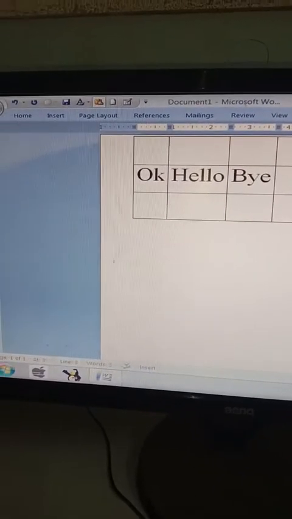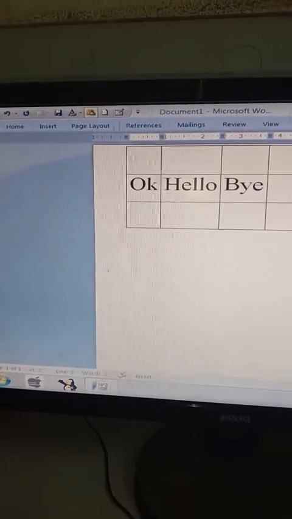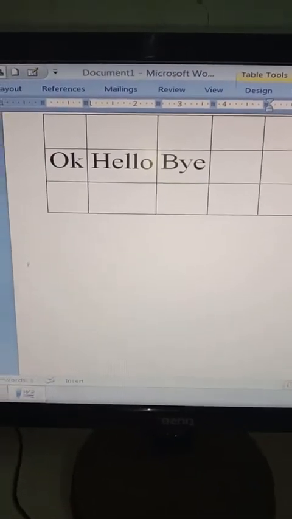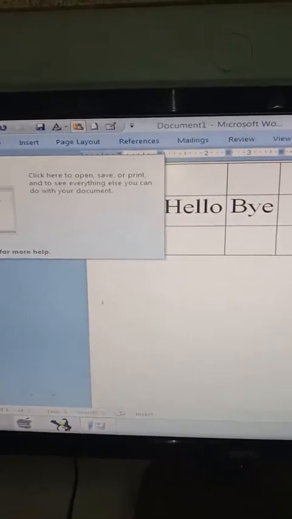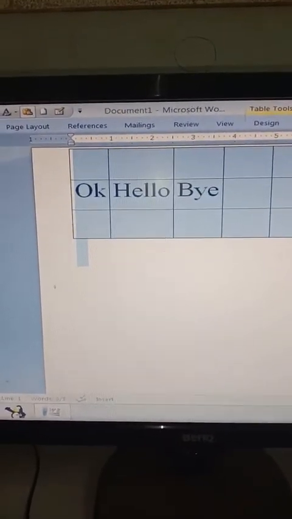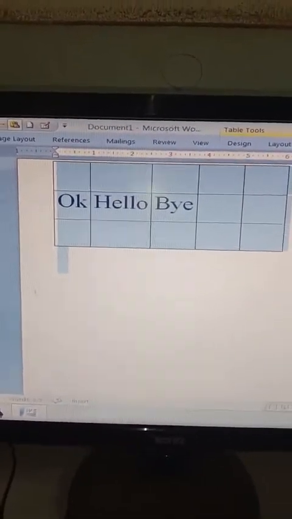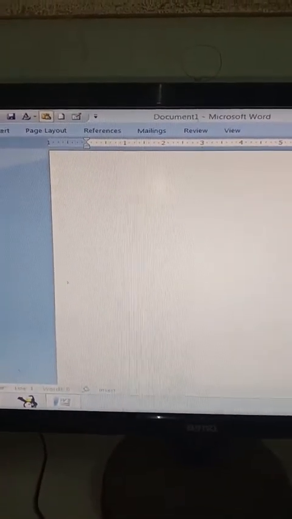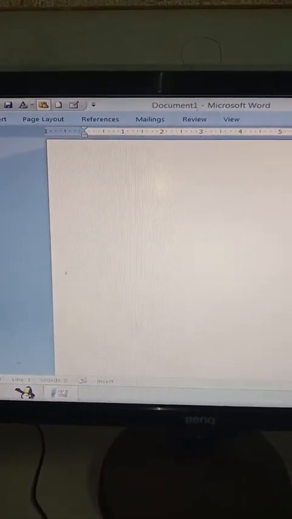Now moving the table. How can you move the table? In order to move the table, we have the option of cut and paste. Either select the table with the help of Ctrl plus A. I have selected the entire table. Now Ctrl X. As soon as I click on Ctrl X, the table